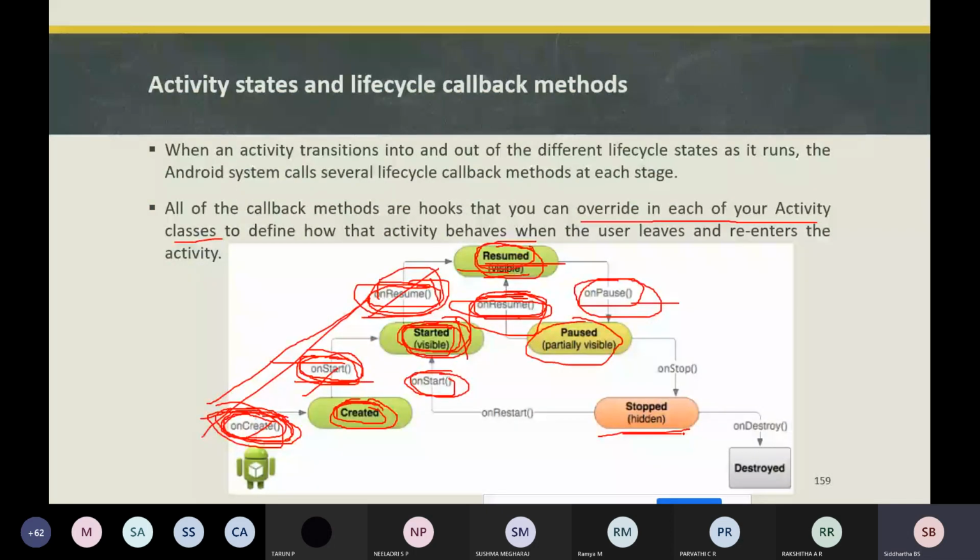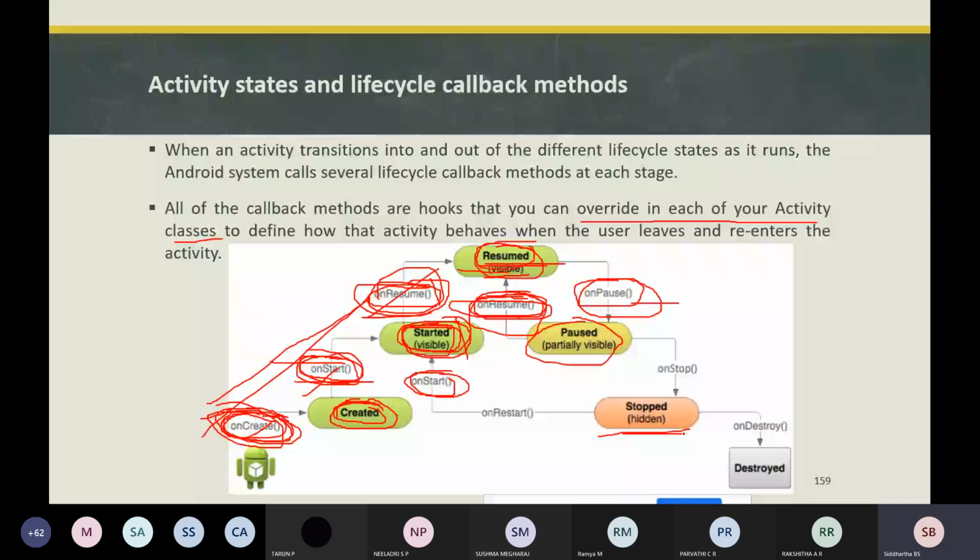An activity in a stopped state means it is no longer visible on your screen. That means you cannot see your activity on the home screen, because the user has started another activity or the user may have returned to the home screen.